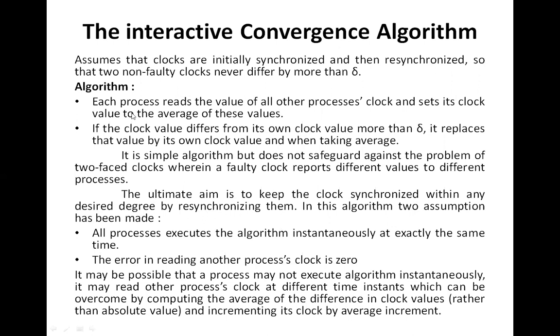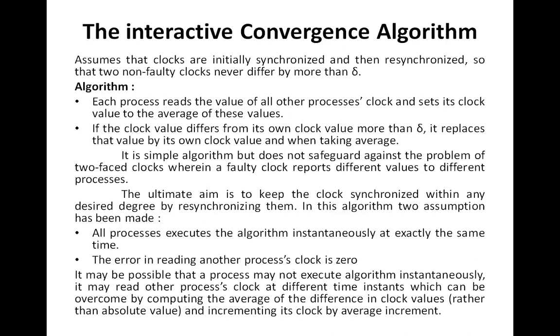The process reads other processes' clocks and takes the average value. If the average value does not differ by more than delta, it replaces it. Otherwise, if it is more than delta, it replaces with its own clock value when taking the average. Of course it is a simple algorithm, but the problem with this algorithm is that